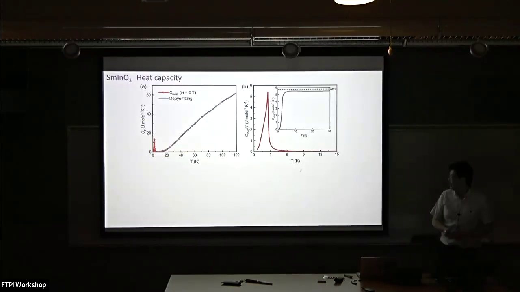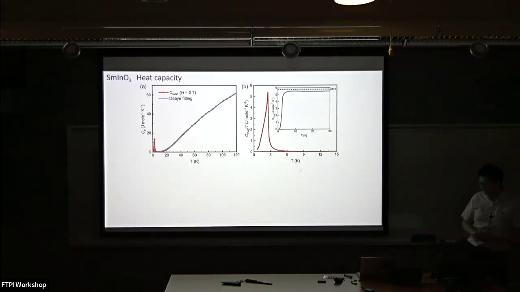And here is a heat capacity thermodynamics measurement. So there's a clear peak at the antiferromagnetic transition temperature. So it's likely a 3D magnetic ordering. And the phonon contribution can be fitted using a Debye equation as shown by this light blue curve. After subtraction, we get this magnetic contribution. And if we integrate the entropy, it gives R ln 2, which means the ground state for samarium 3+ here